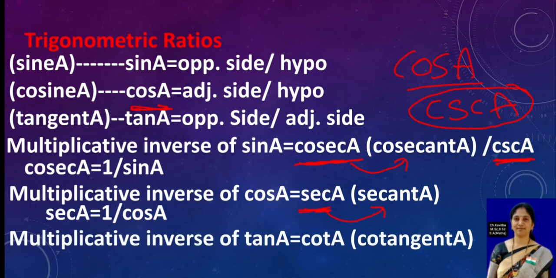And the multiplicative inverse of tangent A is called cotangent A. Generally, we write it as cot A, but we have to read it as cotangent A. While writing we use cot, so don't read it as cot A, just cotangent A. This is nothing but the multiplicative inverse of tangent A. So we can write cotangent A is equal to 1 by tangent A. Okay, these are the important trigonometric ratios you have to keep in mind, and practice this well, which is useful to do the problems.